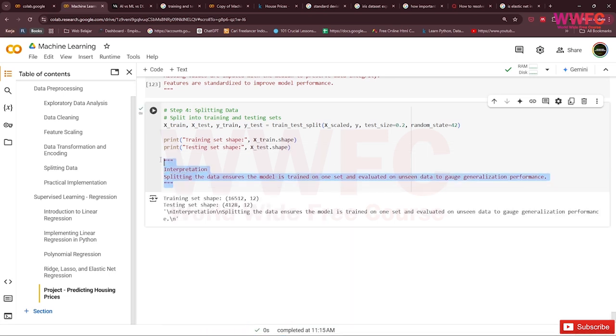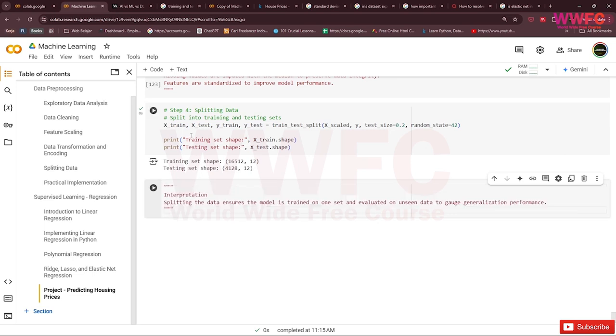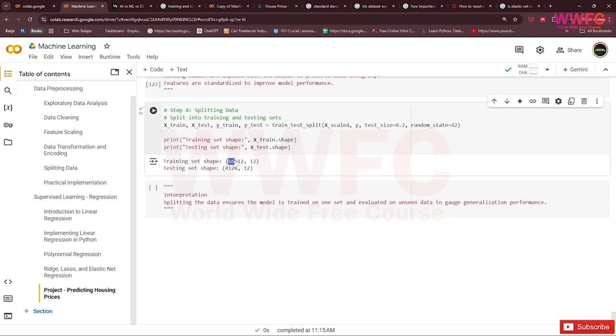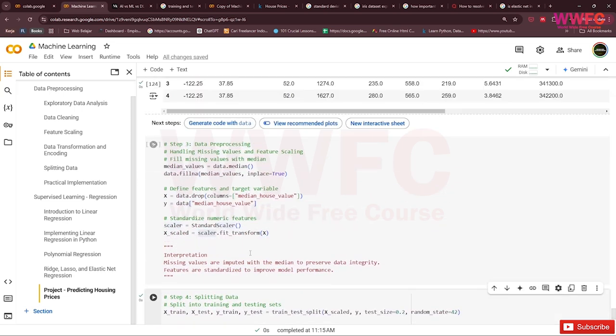So interpretation, maybe we don't use this. So training set shape is 16,512 data, and test set shape is 4,000 data.